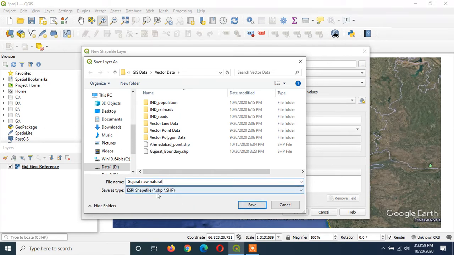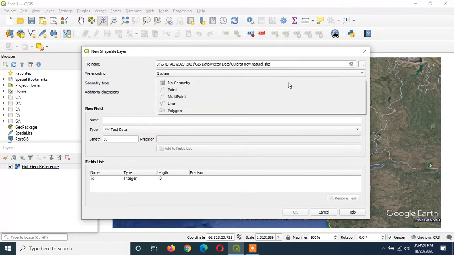As you can see, it will be saved as a shapefile. Along with this shapefile, 3 more files are going to be created: .prj, .dbf and .shx. After we are done, we'll see whether those files are created or not. For that I am copying this path so that we can browse through this folder. Save this.